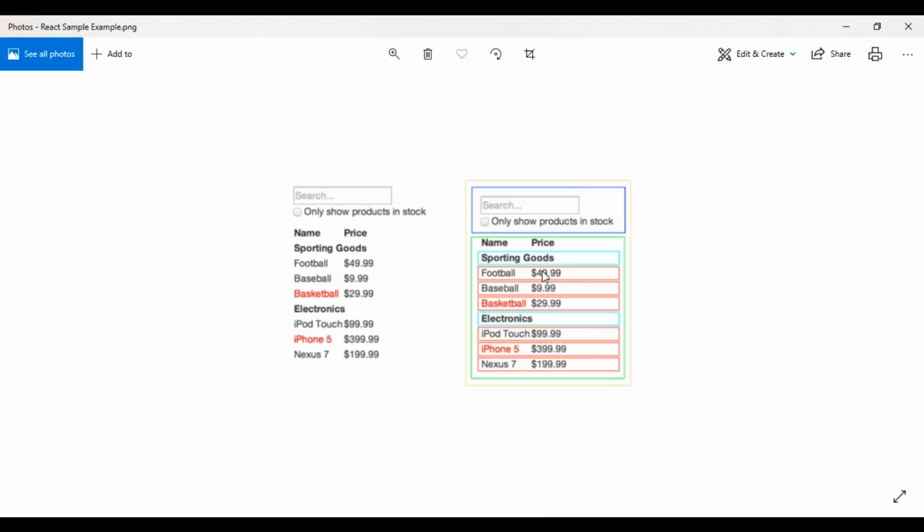Now if I want to arrange them into hierarchy, because components that appear within another component should appear as a child in this particular hierarchy. So what should be my hierarchy? The hierarchy to break this particular UI is, at the top I will have a filterable product table. Then there will be 2 subcomponents, search bar and the product table. And in the product table, I have product category row and the product row. So that is how we can build any React.js application.